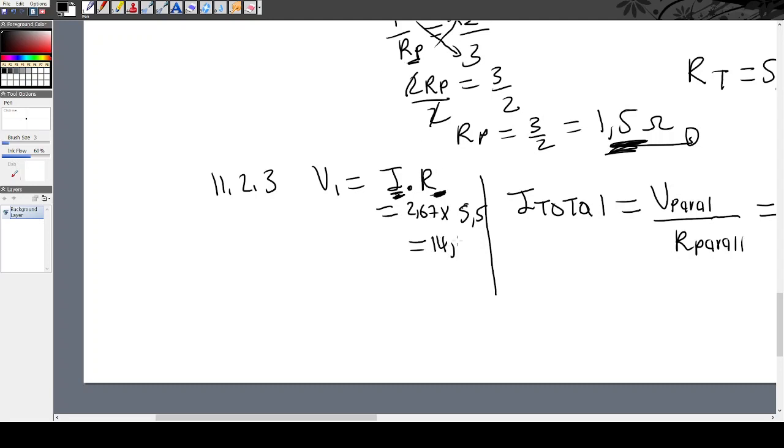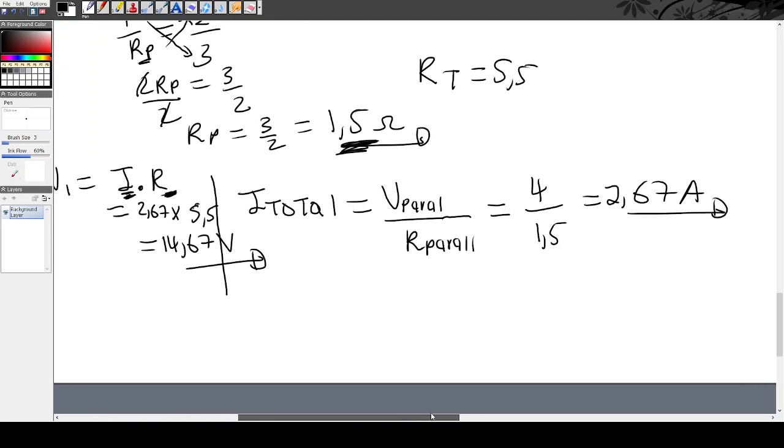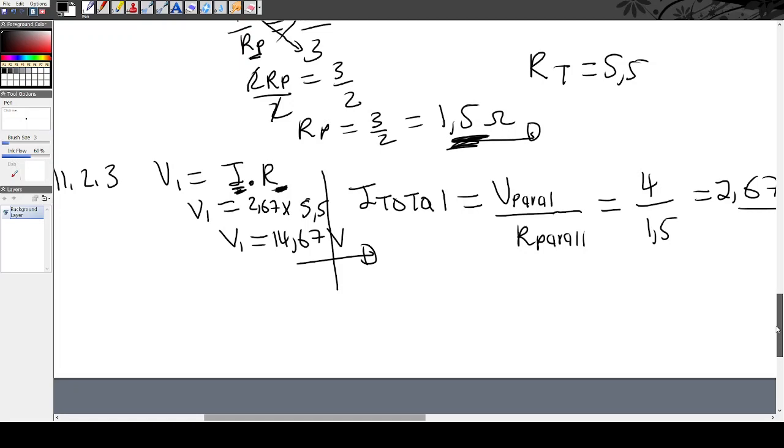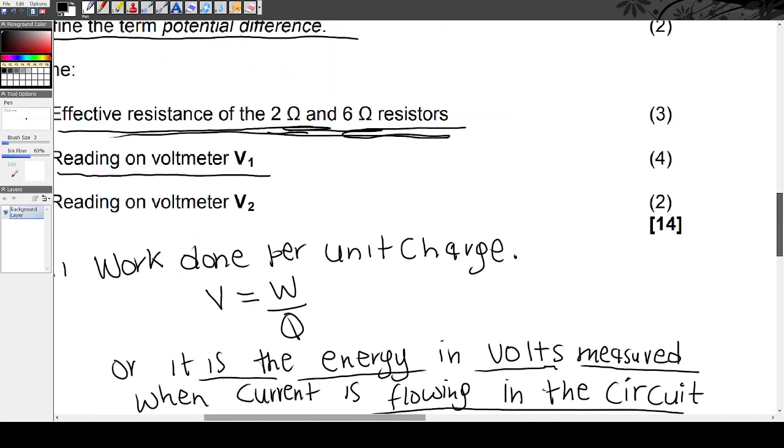So 14,67 volts becomes our V1, the reading in V1. This is our V1. So it means that the battery originally